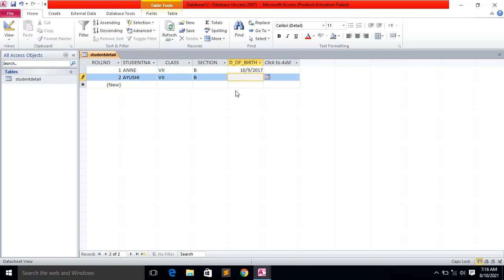Say how you have to use this format, that in the middle you have to write the forward slash. So first one is the month, mind it, first one is the month. So the first part is month.